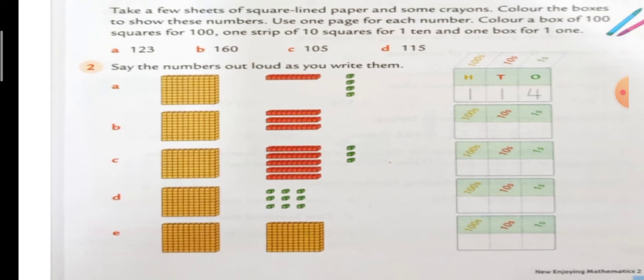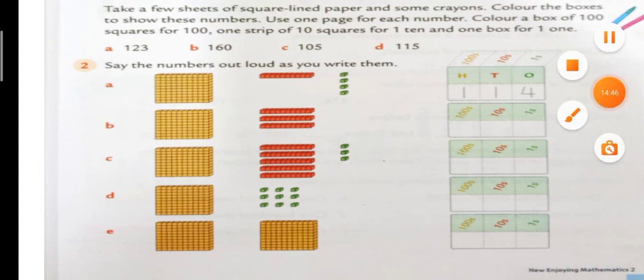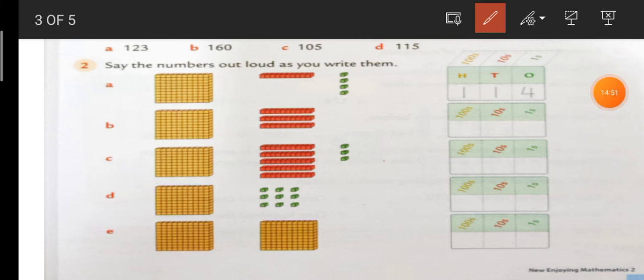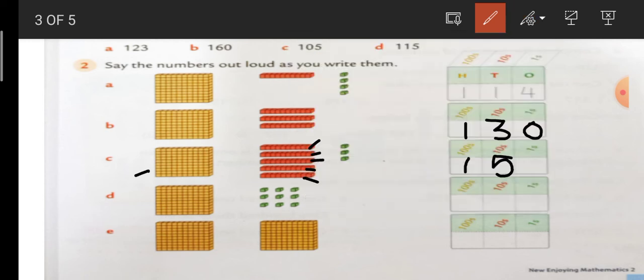So we are going to write, one second, okay? So we will write over here 100, 3 tens and 0 ones. Now similarly over here, how many hundreds? 1. How many tens? 1, 2, 3, 4, 5. There are 5 tens and 3 ones. Okay. So 1 hundreds, 5 tens. One second, okay?